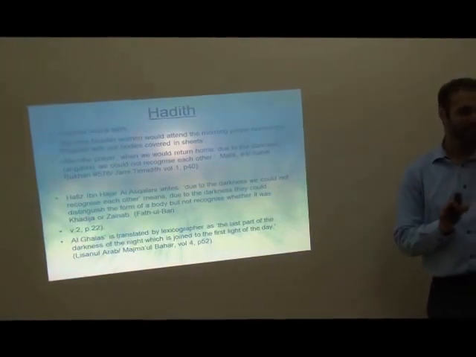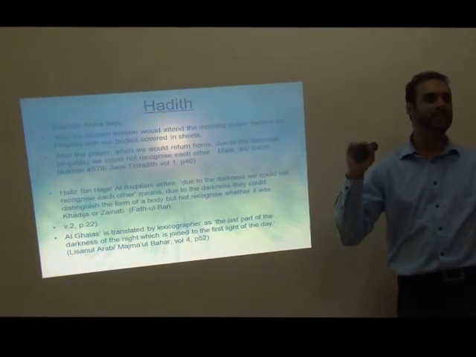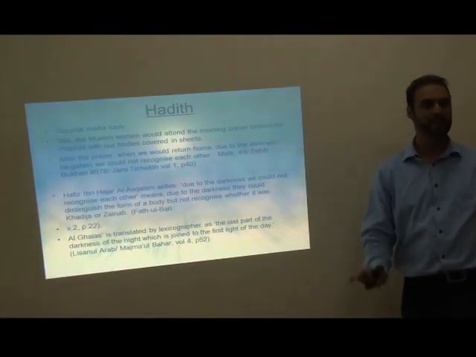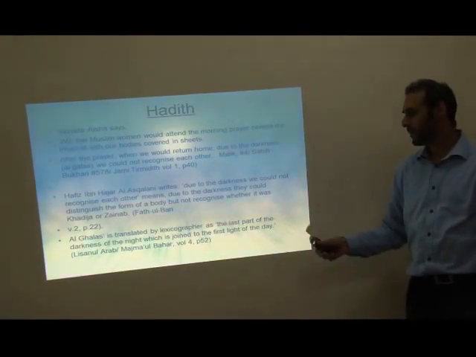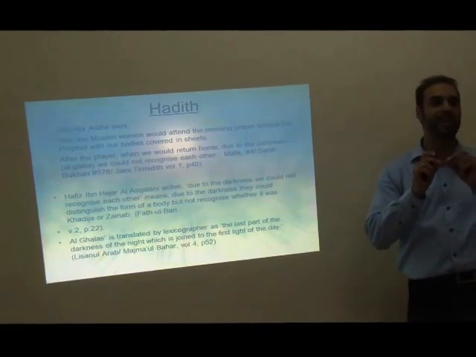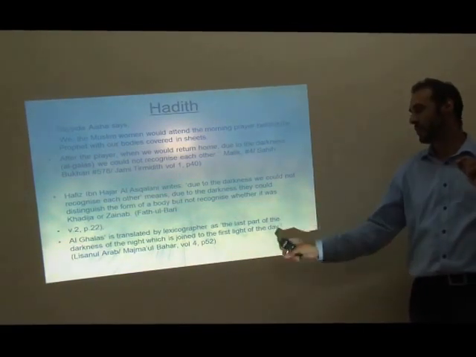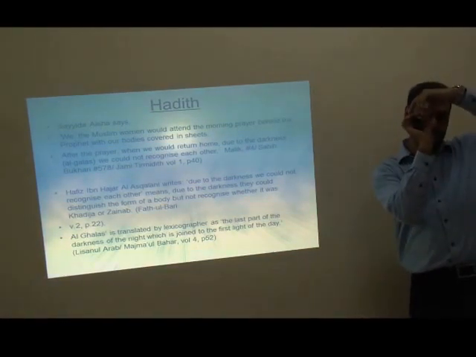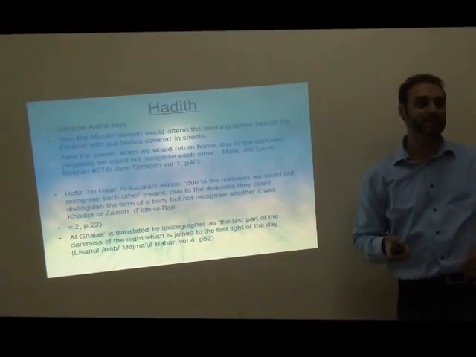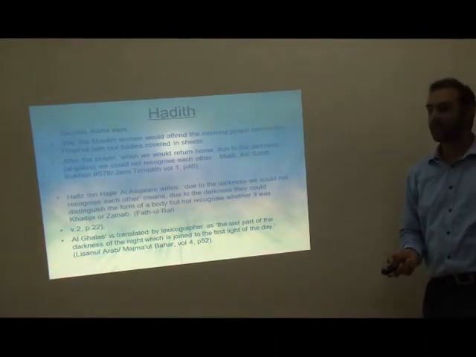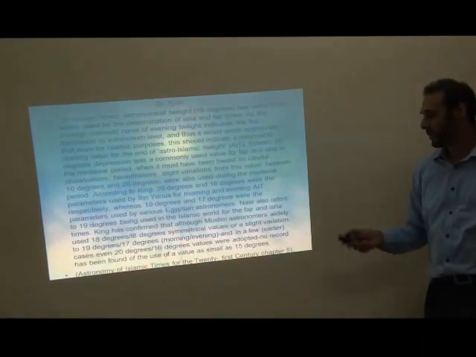Now that could never happen if, like England, some prayer times put the sun at 12 degrees, nautical twilight, or 15 degrees. This had to be 18 degrees. So al-ghalas is translated as the last part of the darkness of the night that separates, which is joined to the first light of the day. So the darkness joined to the day, that distinct moment, ghalas. And it has to be dark. It has to be completely dark when you're seeing that.